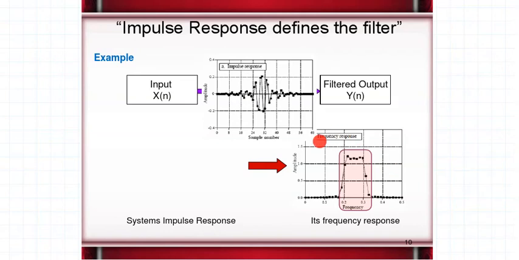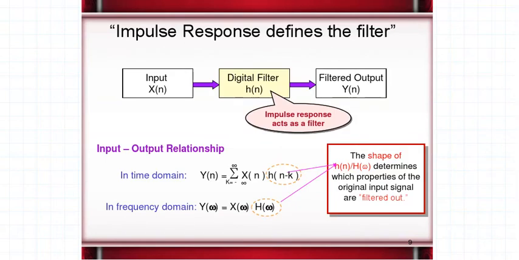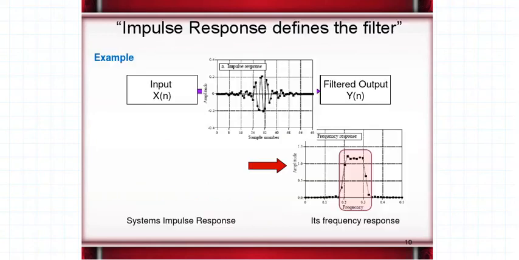Now if such is the characteristics of my frequency response H(omega) of the filter, and if I look at the relationship between Y(omega) and X(omega), what do I know? That it is the product of X(omega) and H(omega). So if I have designed my H(omega) to be having a characteristic existing only from 0.2 to 0.3, and if I take a product with such a frequency response, I get the output existing only between 0.2 and 0.3, because I see that my frequency response is existing only from 0.2 to 0.3. Everywhere else my frequency response is 0.